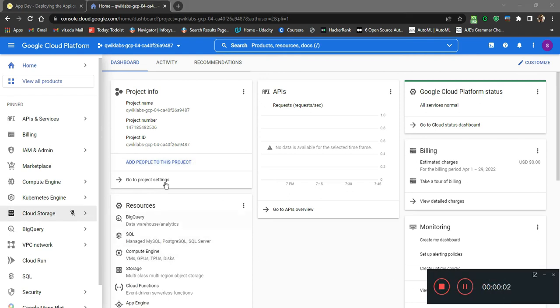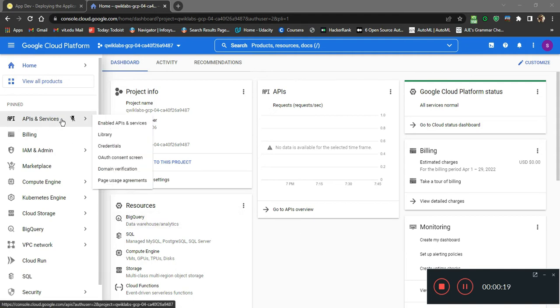So now we will deploy one Flask based Python application on Google App Engine. For that you will need a GCP account, and for deploying the app we need to enable the App Engine admin API. So first you open your GCP console, then go to IAM & Admin, then click on